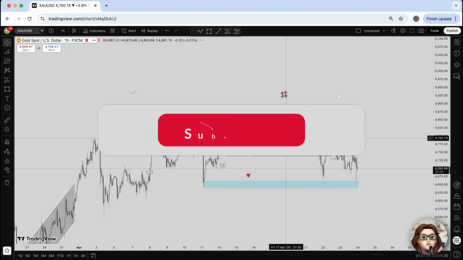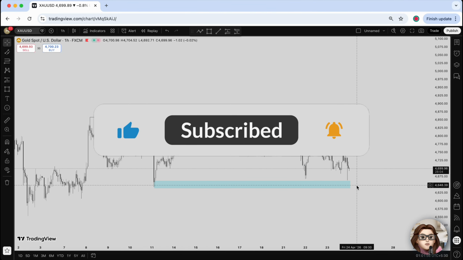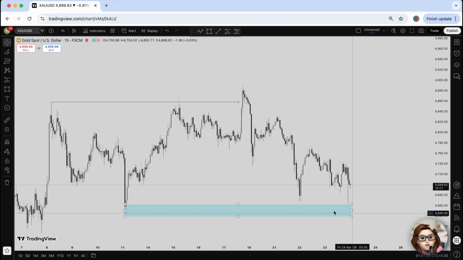In this tutorial, I am going to show you how to copy an indicator script in Tradingview so you can